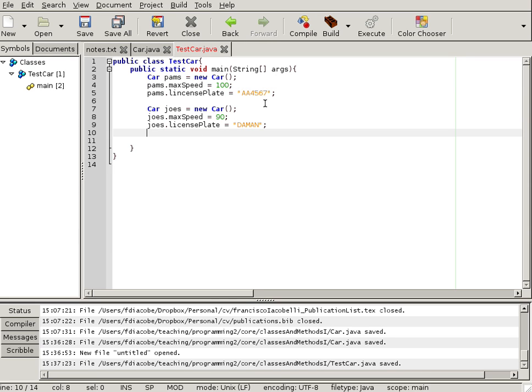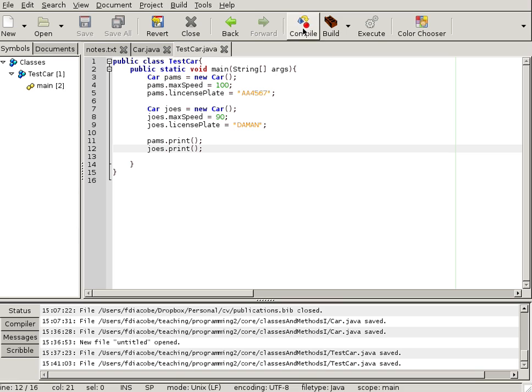So now I'm going to invoke methods on these cars. I'm going to say Pam's, just like I access variables, I invoke methods with the period. So Pam's print, that will actually print Pam's car, and then I will say Joe's print, and that will print Joe's car. So we'll save this and compile it,